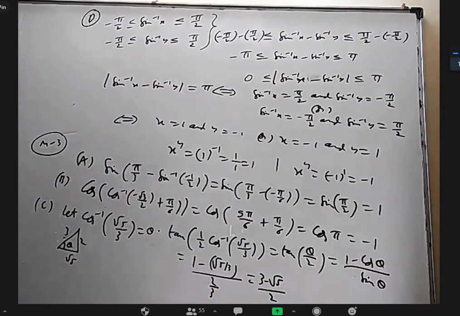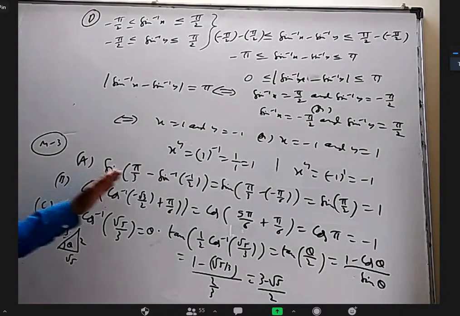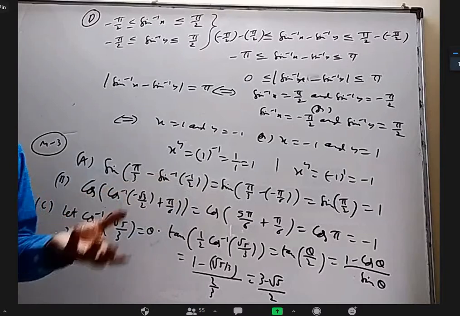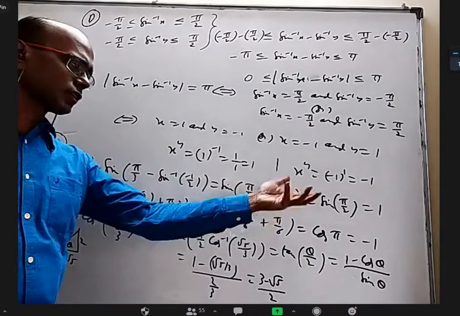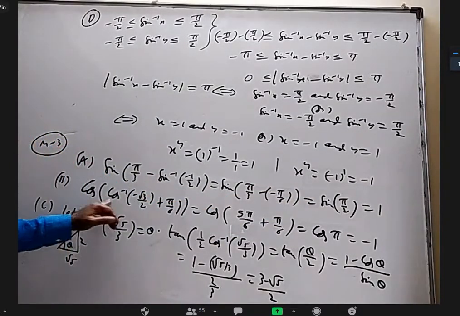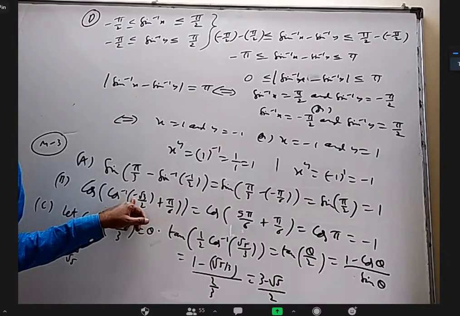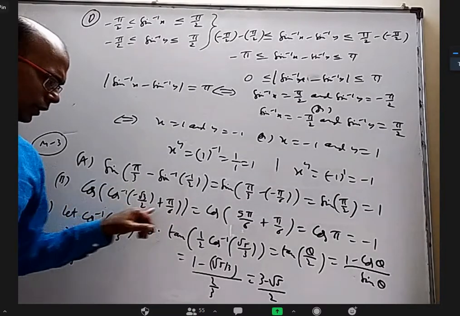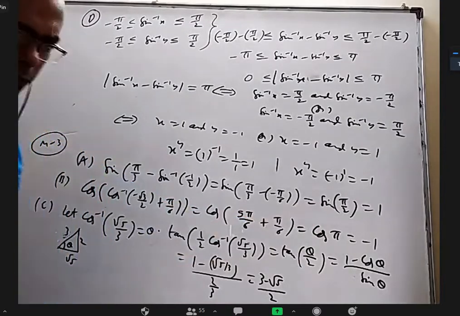Okay, third matching, first two are very simple. Sine, they gave this, and this is a very simple thing we know based on the principal value, it is minus 30 degrees. Similarly, this is cos negative, it happens only in second quadrant, which is 150 degrees. This is 30, cos 180 and minus 1.